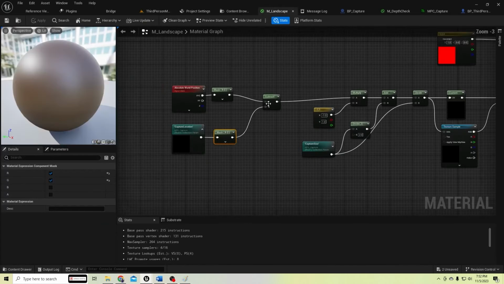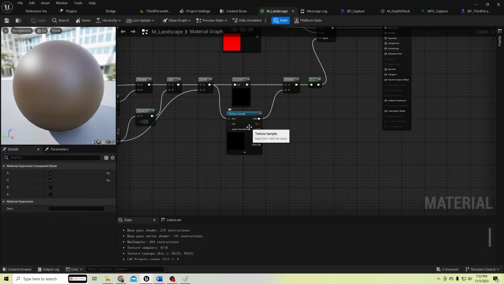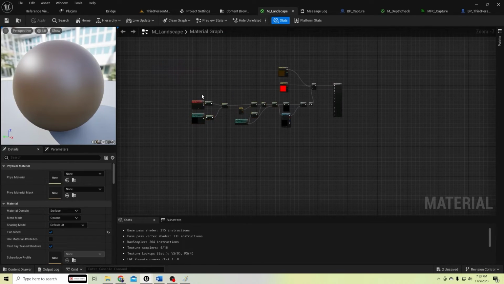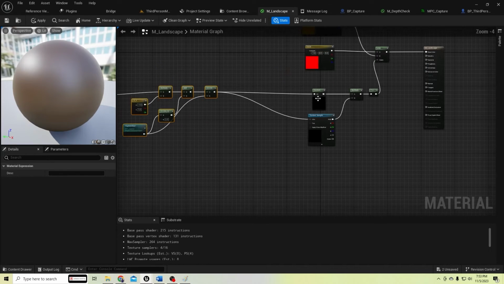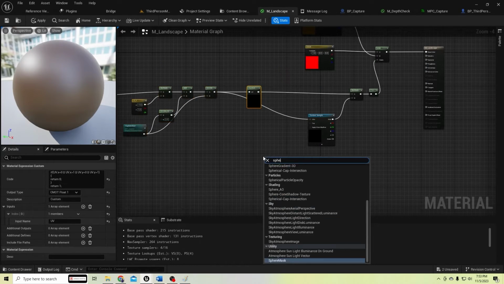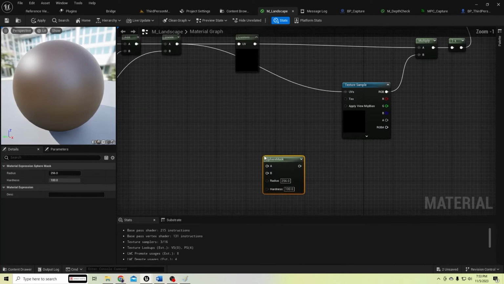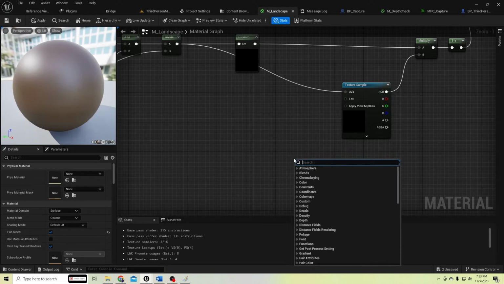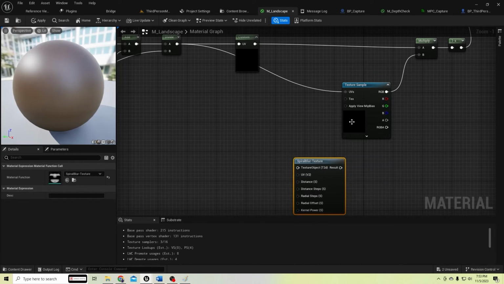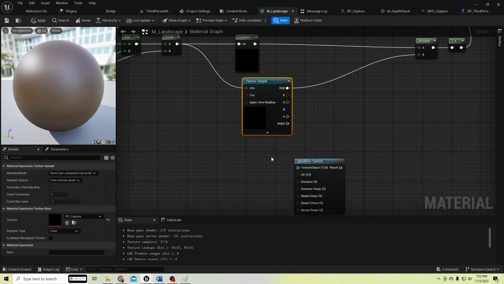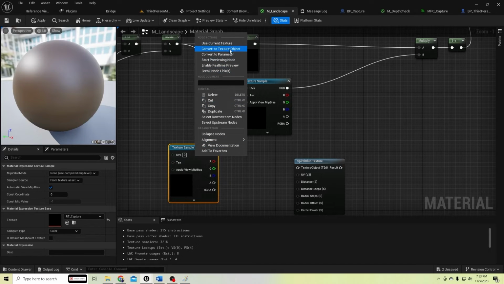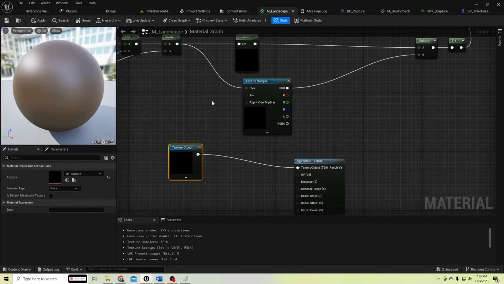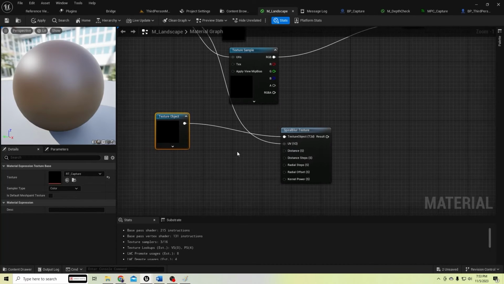So to get rid of that, let's add the spiral blur from a texture. So we need this texture as a texture object, and connect these UVs to here